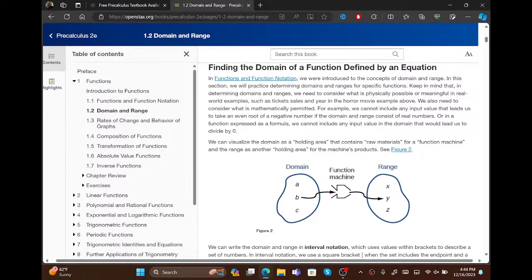So, it says we cannot include any input value that leads us to take an even root of a negative number. So what that means is that when they say that,